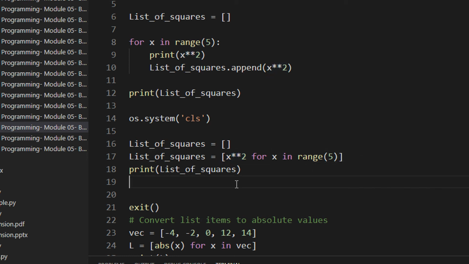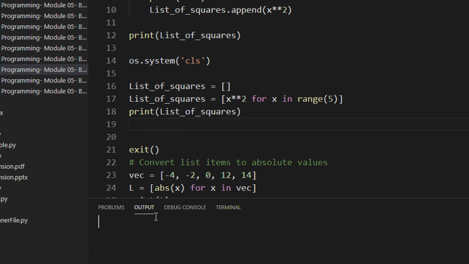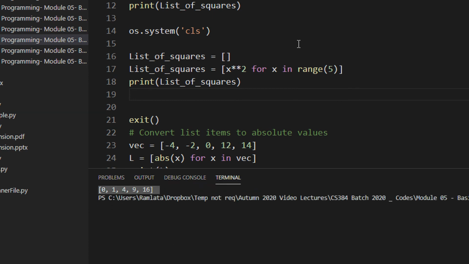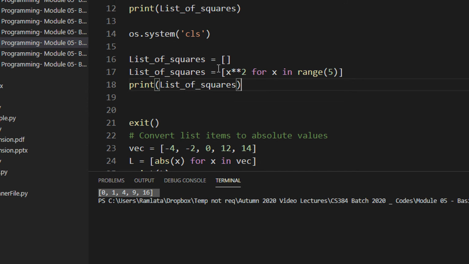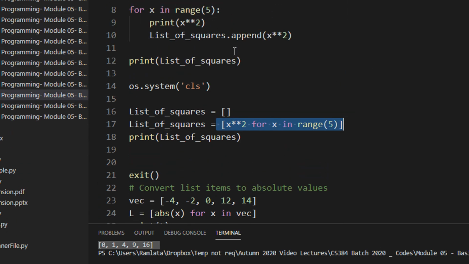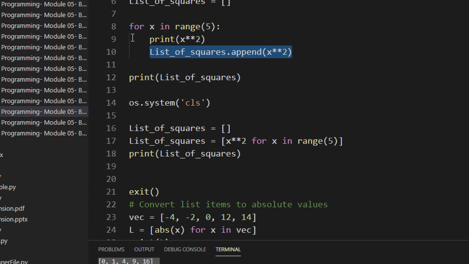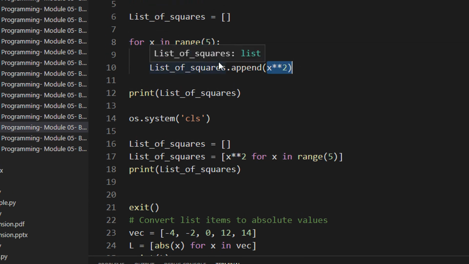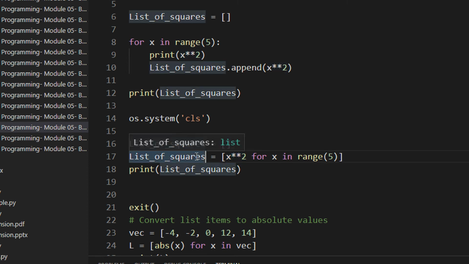Just check the output for this. So you can see, there you go: 0, 1, 4, 9, and 16. The advantage you obtain using list comprehension is that you need not write the append statement, having a for loop and then appending the value. The earlier version was a bit cryptic to read, but this becomes very clear. For x in range 5 and for every object apply the x square expression and finally store it in the list. There was no use of appending because we already specified the square brackets here.